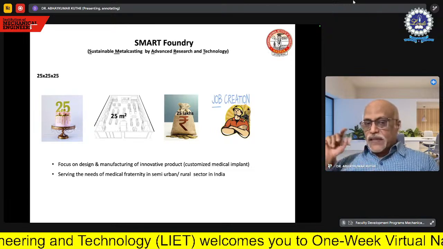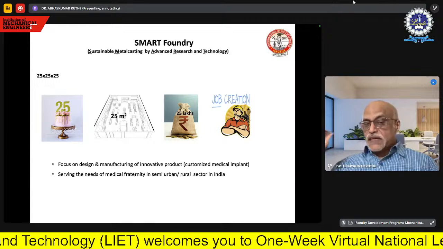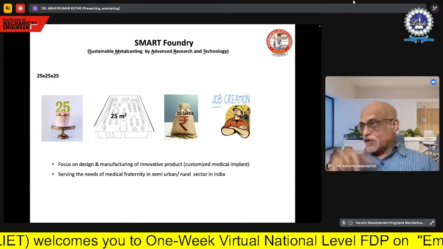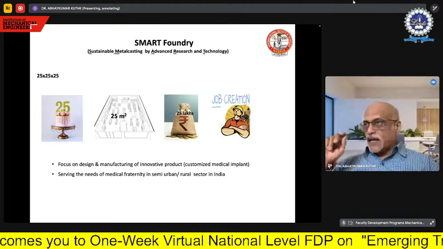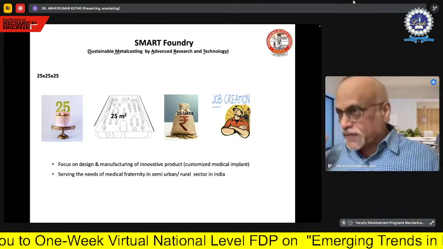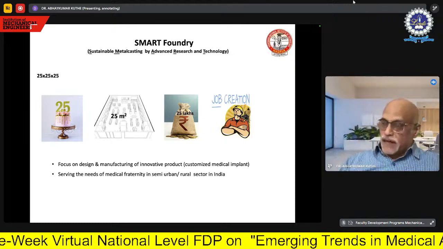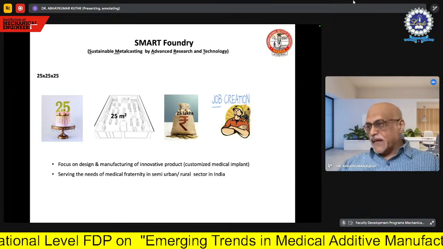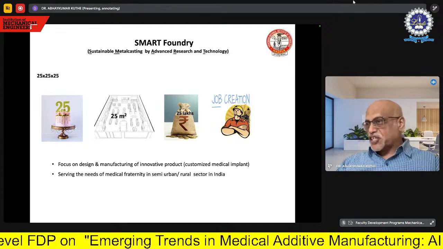Then secondly, serving the needs of the medical fraternity in the semi-urban and rural sector in India. Now, let me quickly tell you about this point. I have interacted with many doctors in the rural sector, and I found them really very intelligent. They are very skillful. They have a lot of good ideas about the various implants to be manufactured.